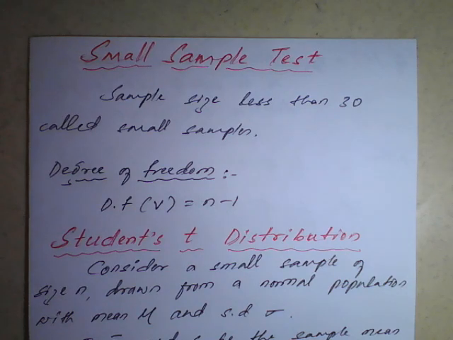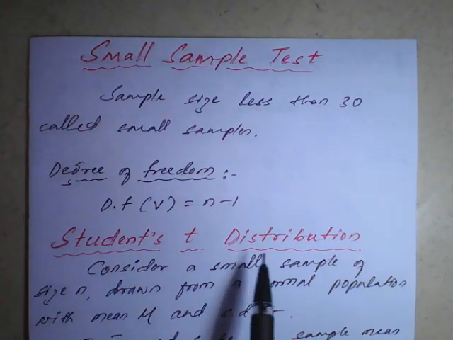Good morning, dear students. In today's class, we'll see a small sample test. In the previous class, we have seen a large sample set, that is, n value more than 30. You just observe in the examples, it is 200, 900, like that we have seen. So here, for the small sample test, that is 30 or less than or equal to 30, we have two kinds of distribution. In that, the first one is the student t distribution.